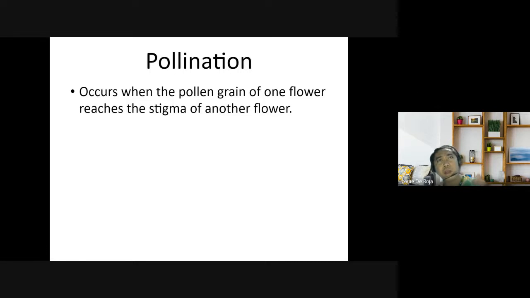So, flower to flower po siya, hindi po siya yung sarili niya. Okay? So, kaya nga may tawag tayong pollination. Okay? Pero meron din,